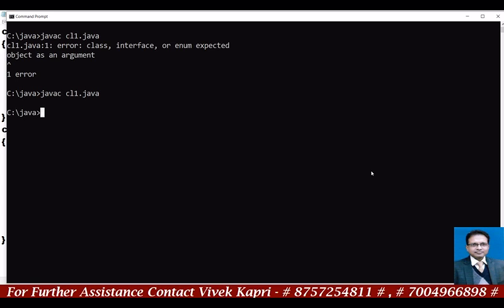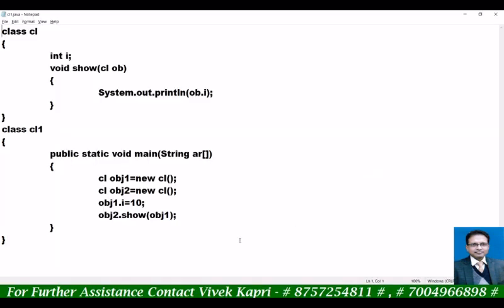Initially it takes some time. Yeah, program compiled. Now java cl1, you will see 10. However, we are calling the function show using obj2, but we are getting the value of obj1. Why does it happen?